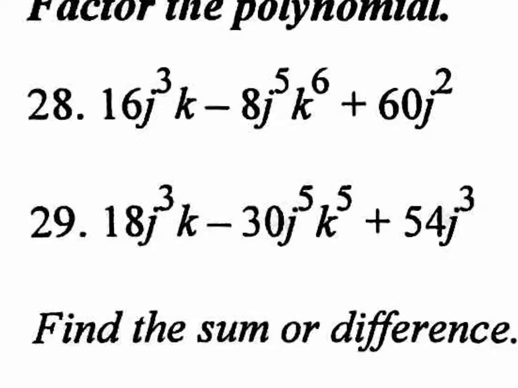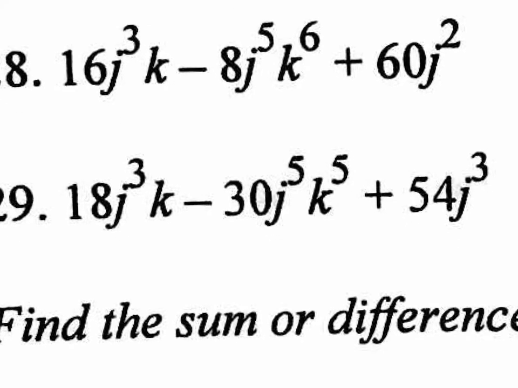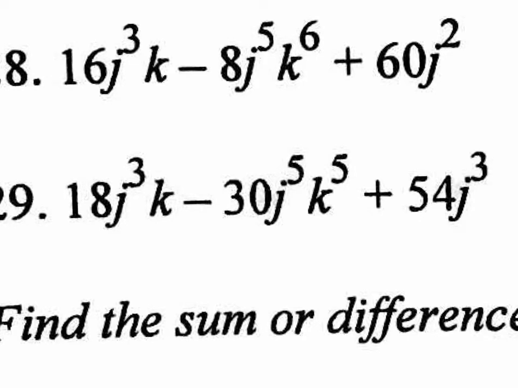So for sure, let me zoom in a little more. I'm going to pull out a 4. But what else am I going to pull out? Is there anything else in common in all terms? Yeah, there's J, J, and J. So the question is, what is the maximum amount of J's that we could pull out of all terms at the same time? That's going to be J squared. So you have